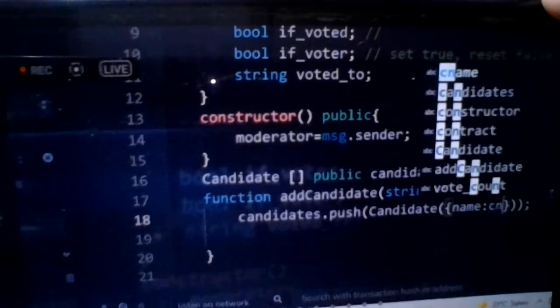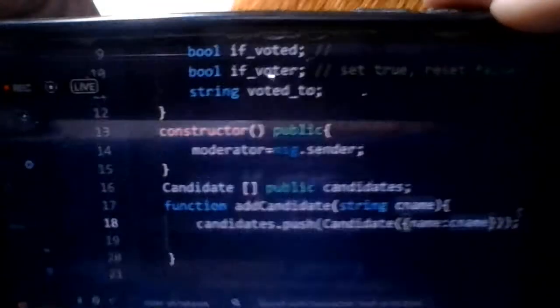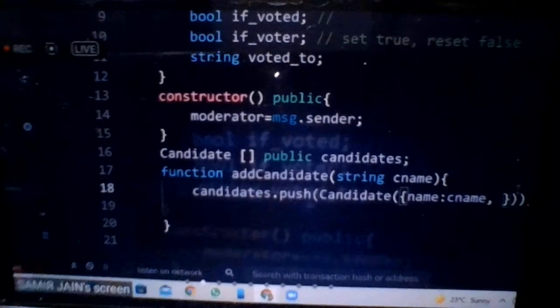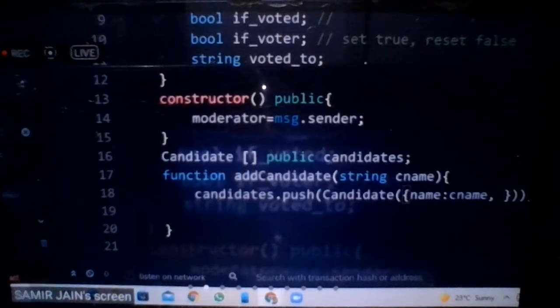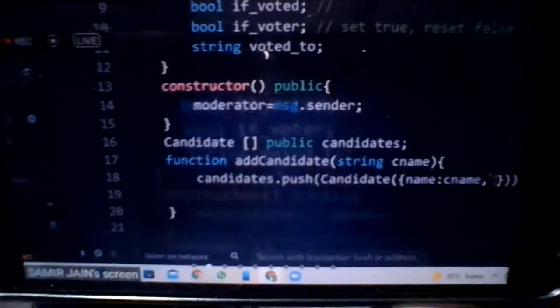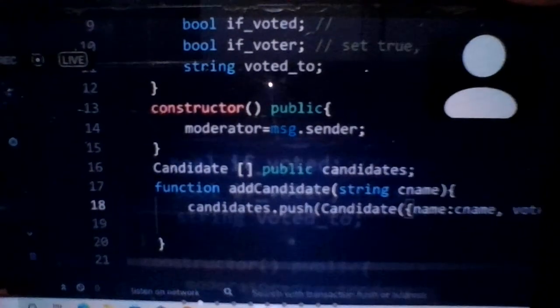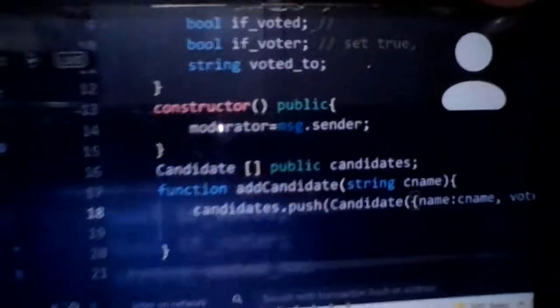So I am typing cName. And initially, every candidate has vote count 0. So this vote count should be 0 initially when we are adding these candidates. Suppose the political parties are going to fight for the election.